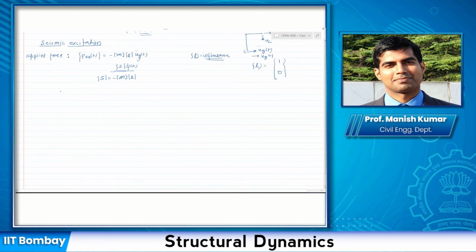Let me write down here basically the equation of motion that we get: M n times Q n double dot plus C n times Q n dot plus K n times Q n is now equal to P effective n, which in this case, what would be the P n here? It would be minus phi n transpose times